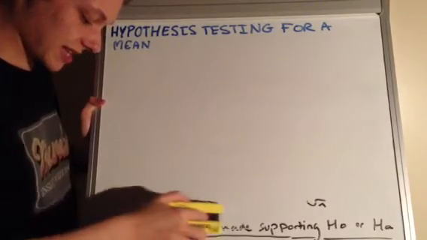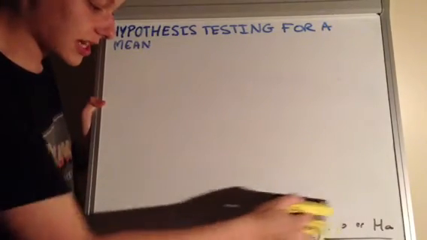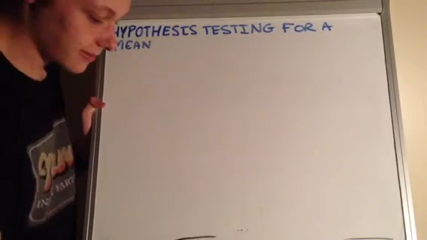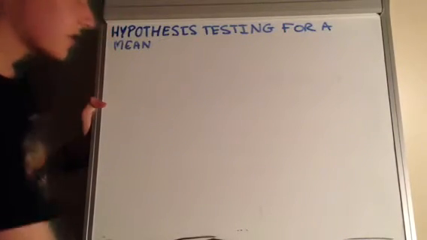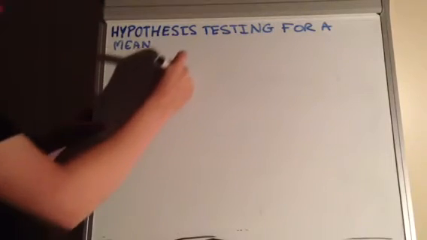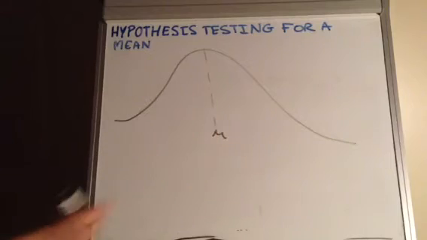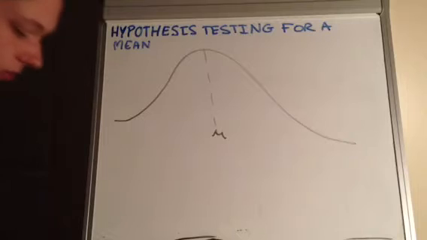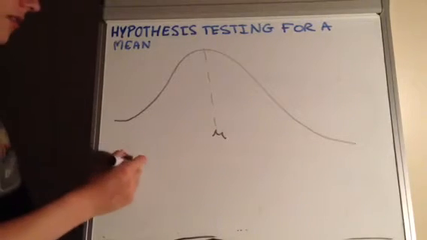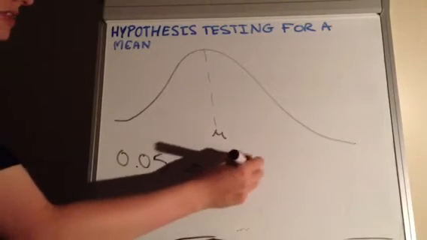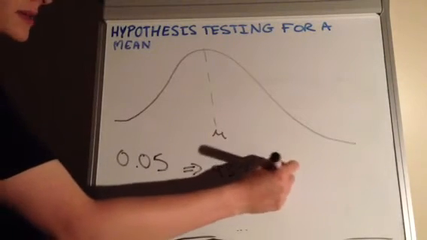And we're assuming that our data is normally distributed again for these questions with hypothesis testing on the mean. But in this case, let's say we've got the mean somewhere in the middle, and let's pretend that that's perfectly symmetrical even though it isn't. Essentially what we do at a 0.05 significance level, which means that we're going to be 95% likely to be correct,